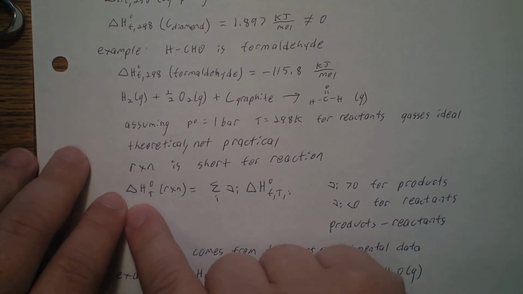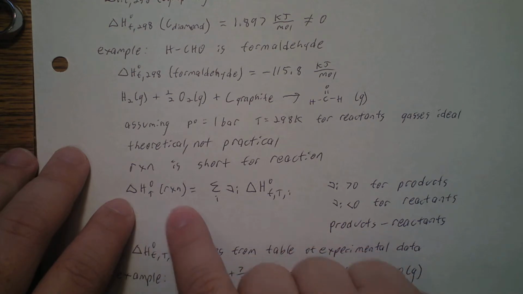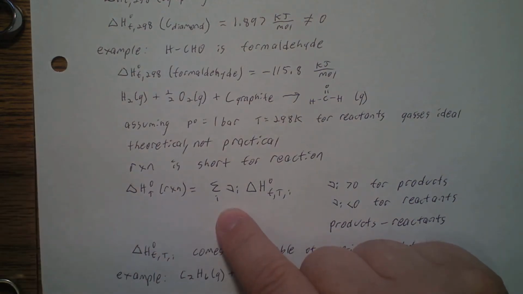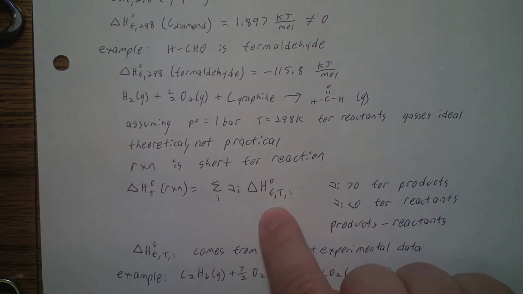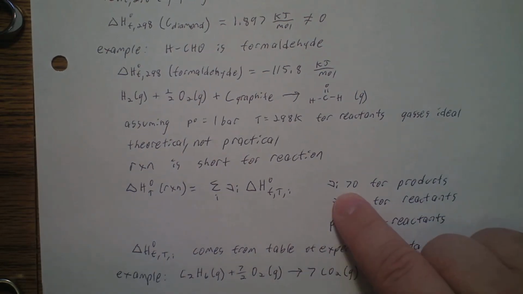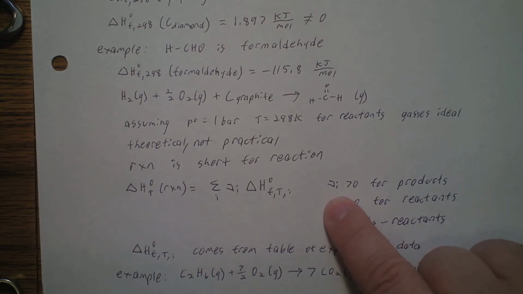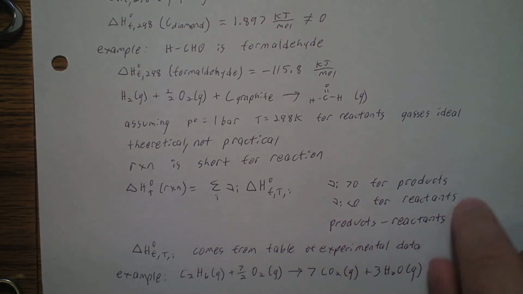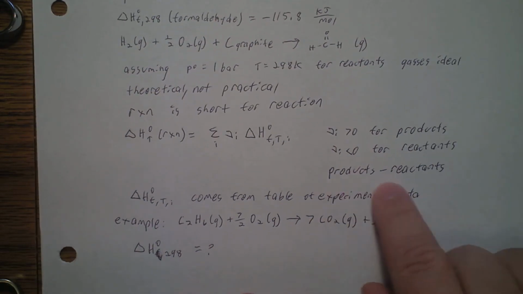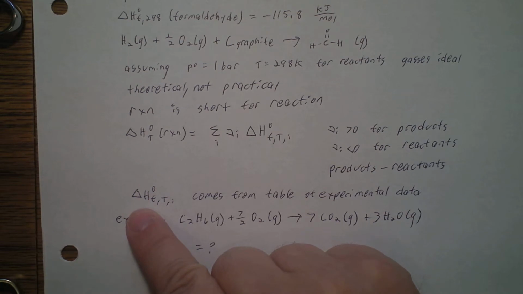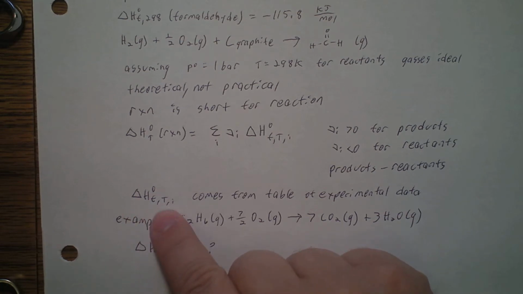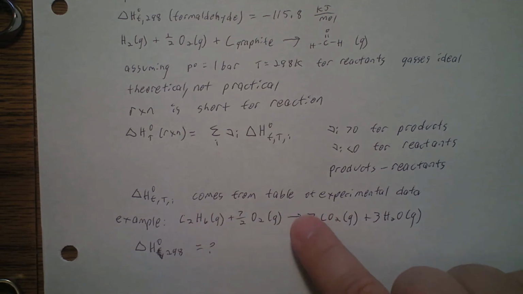So the standard enthalpy of formation for the reaction is the sum over all the substances i of the stoichiometric coefficient i, this is a nu, remember, times the standard enthalpy of formation at that temperature for that substance i. And like we said before, the stoichiometric coefficient is going to be greater than 0 for products and less than 0 for reactants. So we're basically going to be taking products minus reactants, just like you would do for any other change, after minus before, final minus initial. So the standard enthalpy of formation at that temperature for substance i has to come from a table or